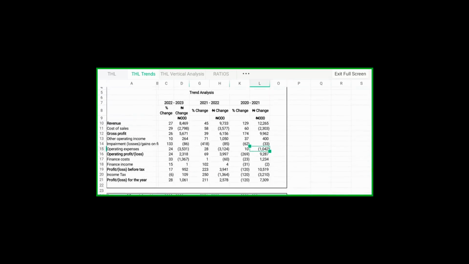So it's very simple, and I'm sure you know how we make our reports on trends. You know, the revenue grew, maybe increased by 12.2 million between 2020 and 2021, by 129%. Okay, you know, then you continue like that. So we are aware of that. So this is the trend analysis.